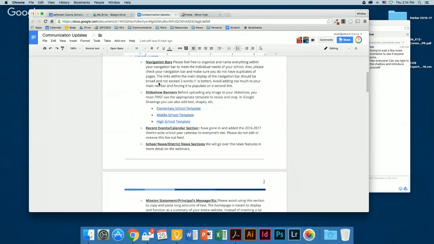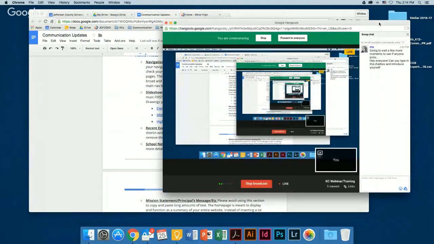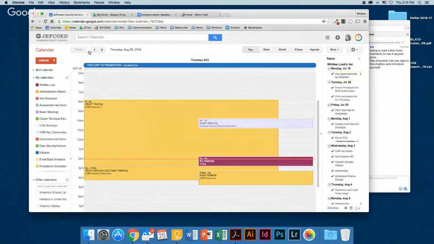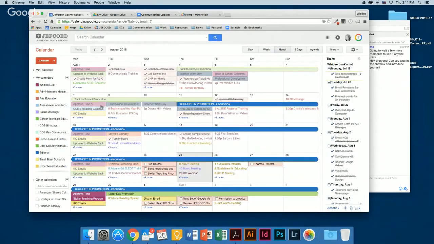So we showed principals yesterday in the principals meeting how to view the new calendar feeds, the new teaching and learning calendar feeds on Google. This is what it's looking like right now on my end. It's pretty crazy.